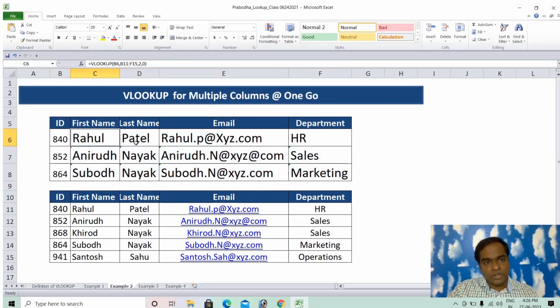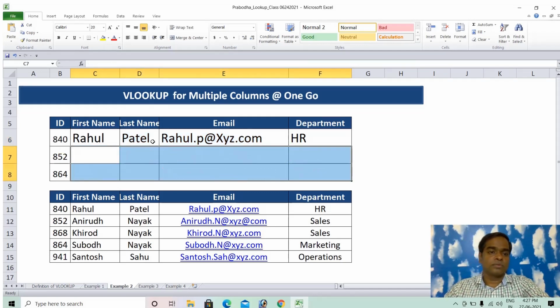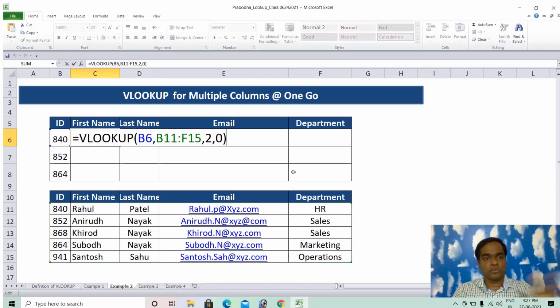I don't want to struggle like that. Suppose we have 50 columns to update at one go. That is not the right approach at that time. But this is a way you can do it. The more efficient way I will teach you today. So let's erase everything now. I'm deleting this for the moment. Here, if you look at the first name, what I need to change, you have to look at.